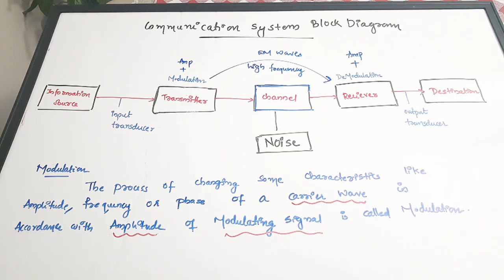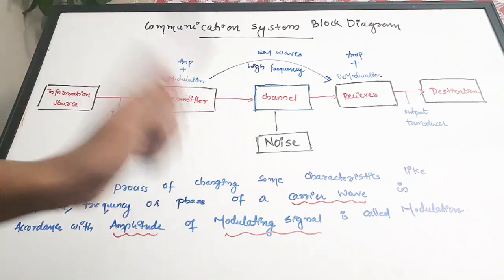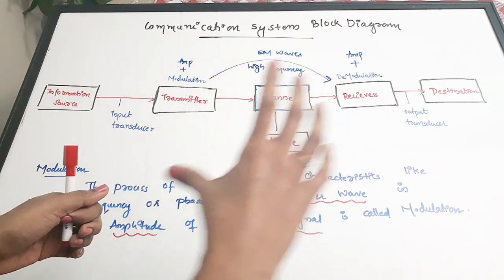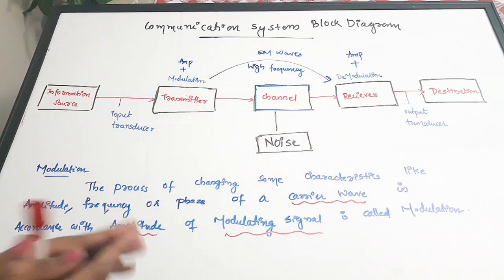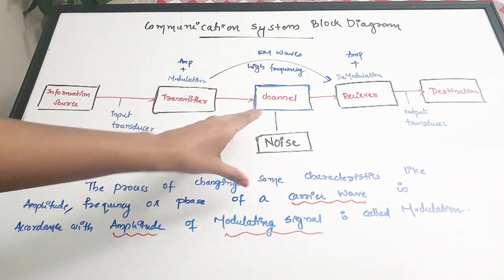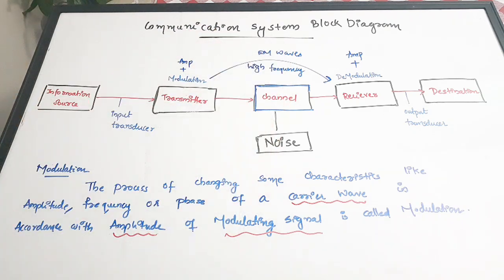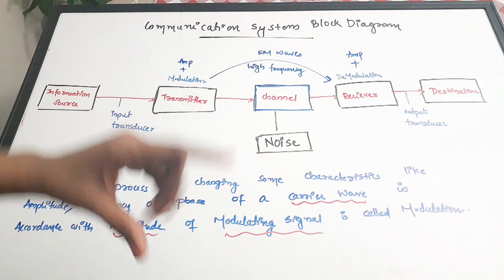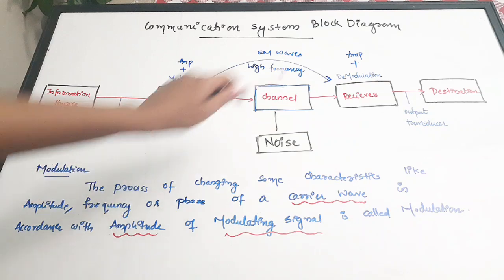Okay, so whether it is a wired channel or a wireless channel, some noises will get added. When the signal is traveling through the channel, two things are happening actually. One, the signal energy will get lost. When the signal is traveling through some path or medium or channel, its energy will get lost in that path, and it will also get added with some noises. So these two things will happen. The signal that is coming at the receiver side will have noises, and also the energy will be lower.